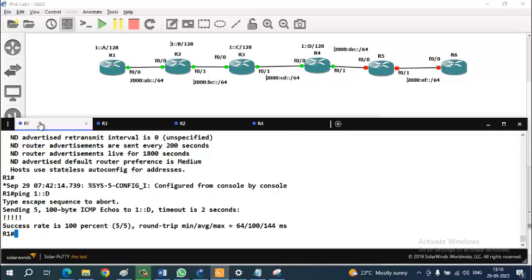Here, before you do anything, as soon as the interface comes up, ICMP version 6 starts the discovery job. We are able to ping from this end to that end. All right, I think we'll stop here. We'll continue this